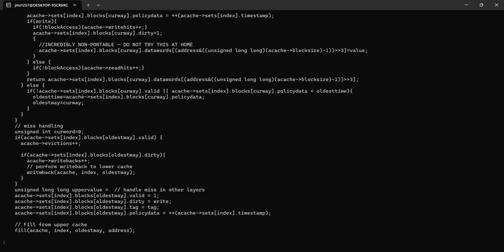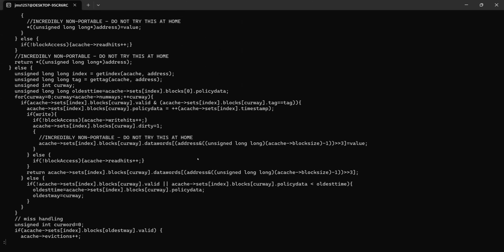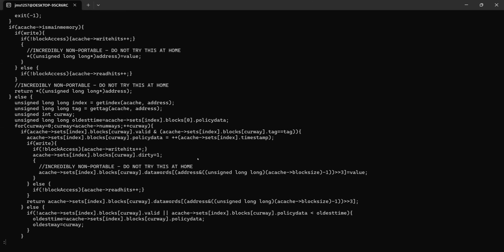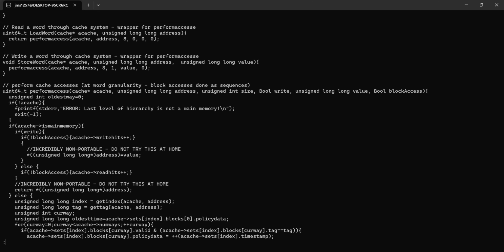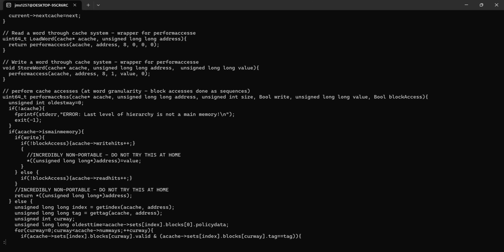will call the write back and fill that you are going to write. So there's going to be some mutual recursion at play here. So this is your interface to a cache to do a word level read or write. So you are going to need to iterate over multiple calls to perform access. So you'll need a loop in each of those two that is going to, for every one of the words in a block,